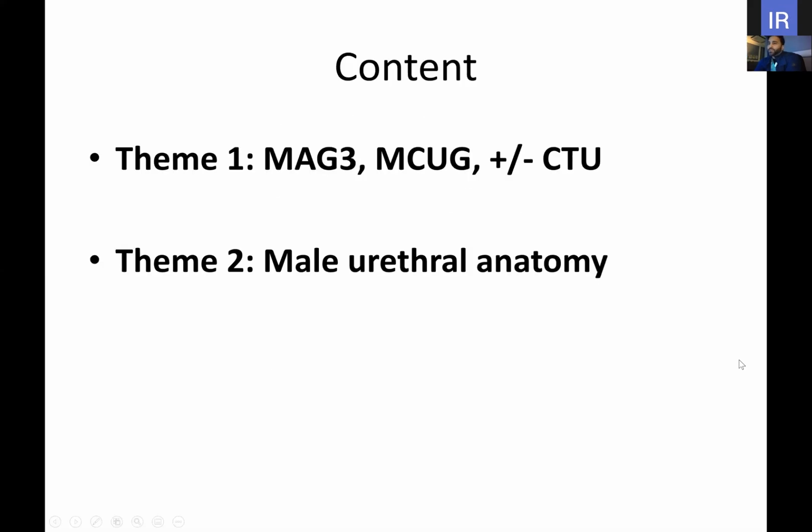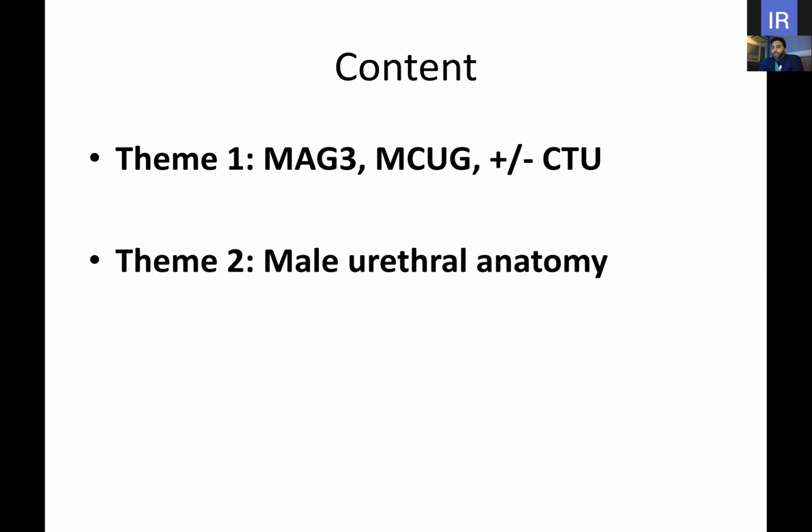Like last week, there'll be themes running throughout the lecture slides, and it'll be largely case-based. So I'll get you to vote as we go through the case studies. I've structured it differently this time, and hopefully we'll get a bit more interaction. This is the structure of the talk over two themes, with nuclear medicine,